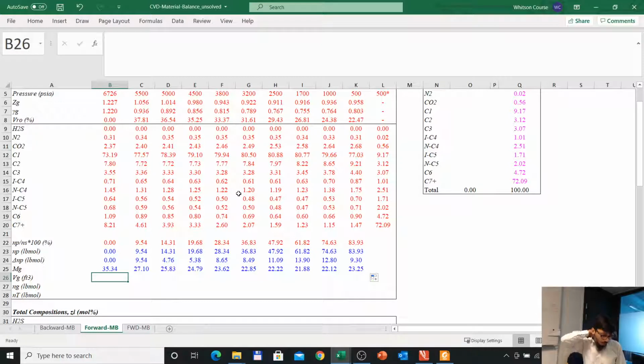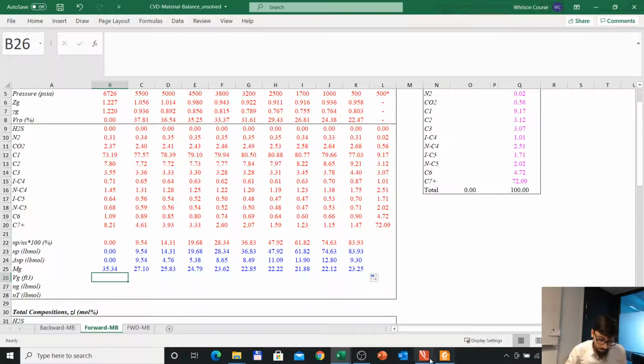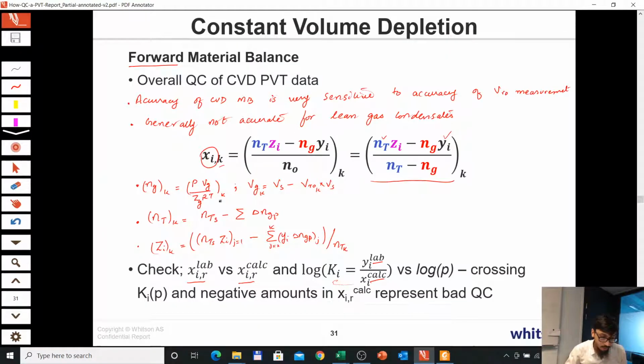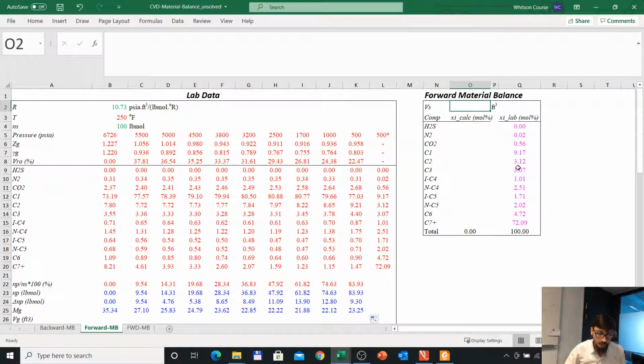And the gas volume we discussed in the PowerPoint. Let's see. Yeah, so you see here the gas volume is the total volume minus VRO times Vs. So the total volume, we haven't calculated the total volume. So here we can calculate the total volume first, which should be the total moles initial, which is NS